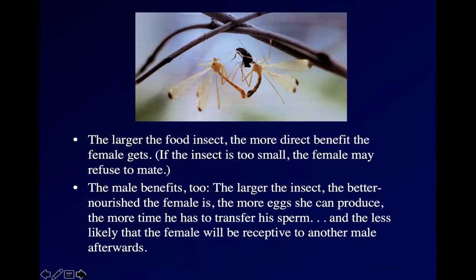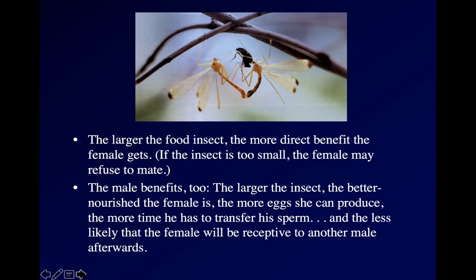So males that bring big insects to their females, males that bring big nuptial gifts, as they're called, are going to have more babies because they have time to transfer more sperm. The female will be able to produce more eggs because she's better nourished, and she's less likely to seek out mating with another male.